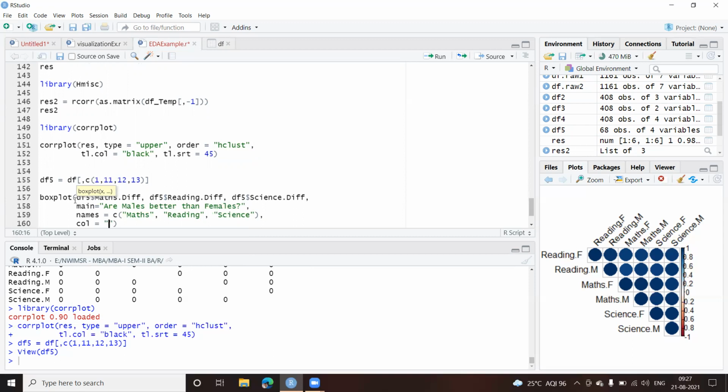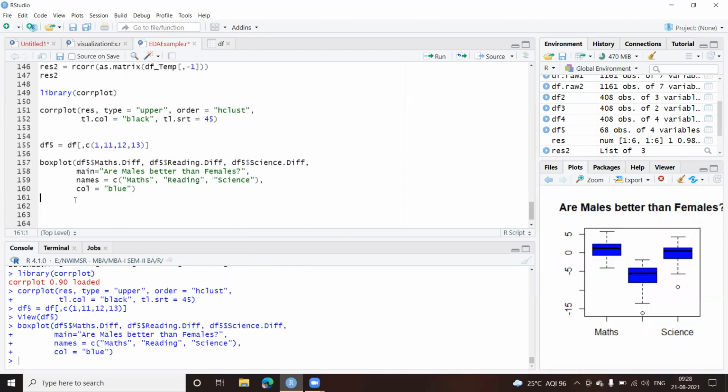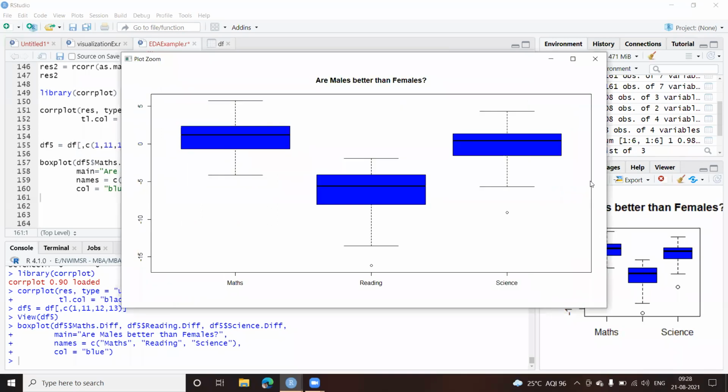I'll give blue color. Okay, that's enough, and I'll run this one. And that's my chart, a very simple box plot. Okay, now in this, you can see these round circles here. These are my outliers. Now on the upper side, we don't have any outliers here, but especially in reading and in science, we do have outliers.